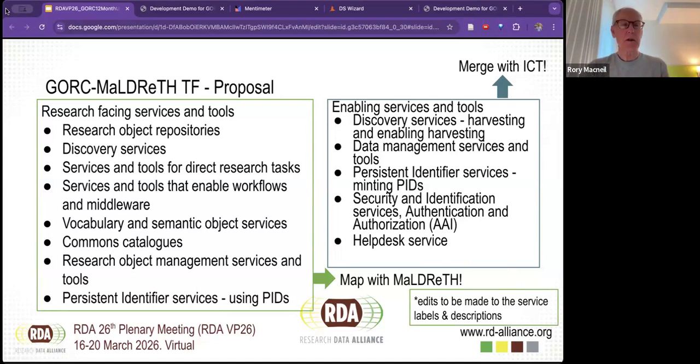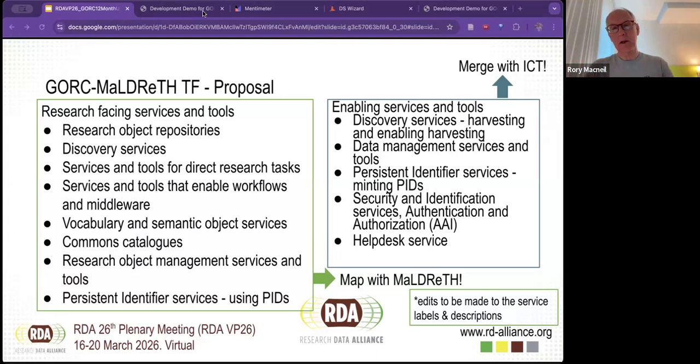Of the categories in the GORC services and tools element, the ones we identified as primarily researcher-facing were research object repositories, discovery services, services and tools for direct research tasks, services and tools that enable workflows and middleware, vocabulary and semantic object services, commons catalogs, research object management services and tools, and persistent identifier services. These are appropriate to map with Meldrith because the Meldrith tools are, by definition, researcher-facing. So they're in the same category.